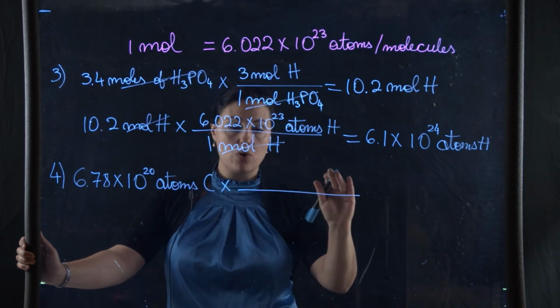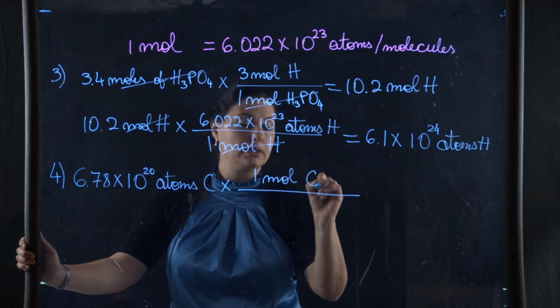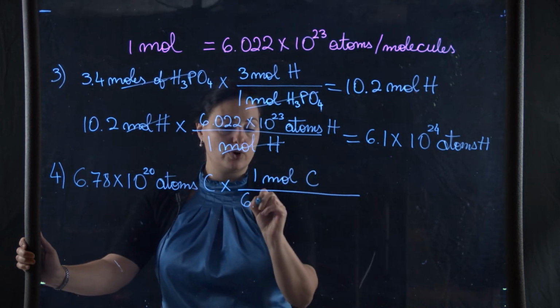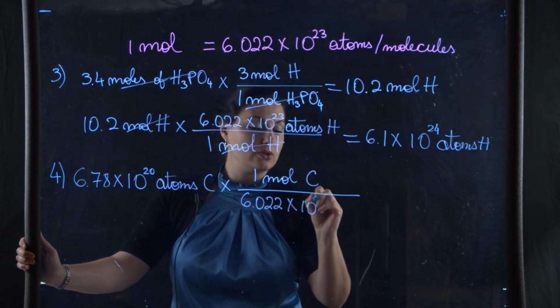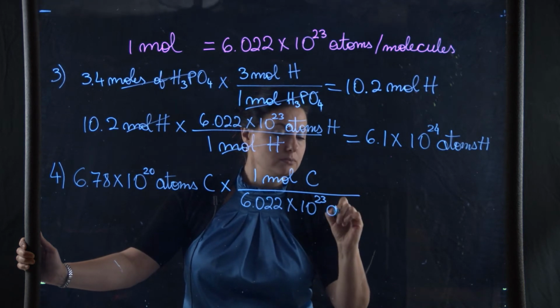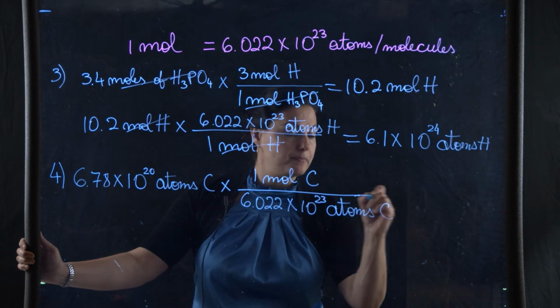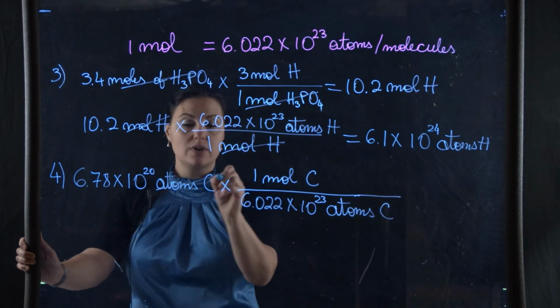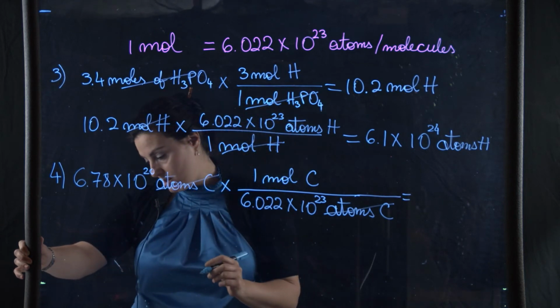Therefore, I want my moles to be on top. 1 mole of carbon contains 6.022 times 10 to the 23rd atoms of carbon. My atoms of carbon will cancel out, and this will give me